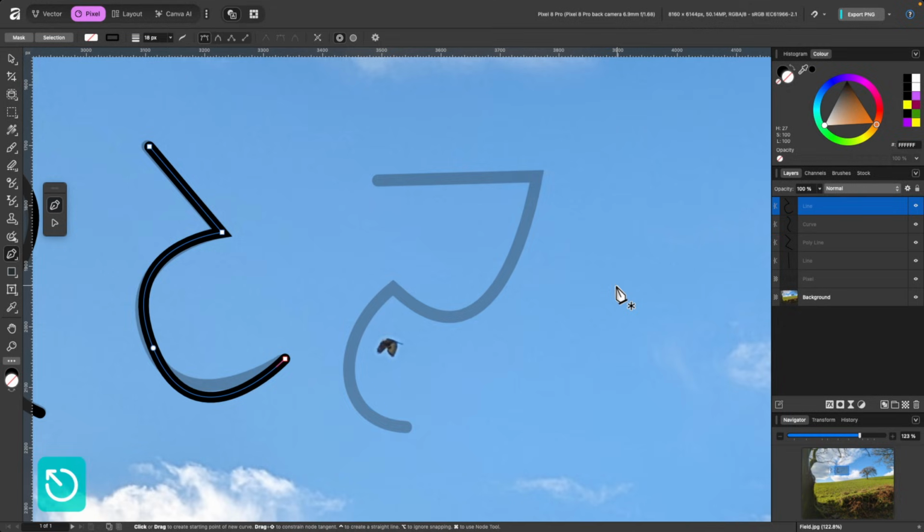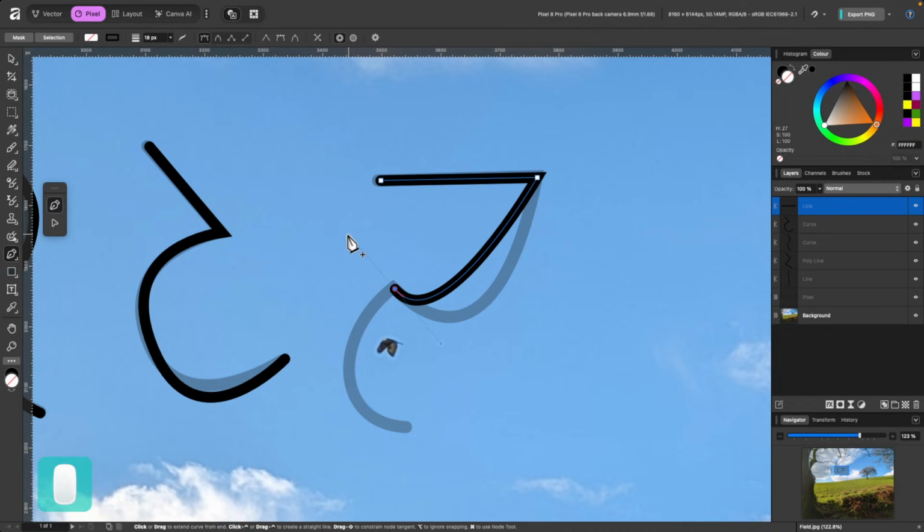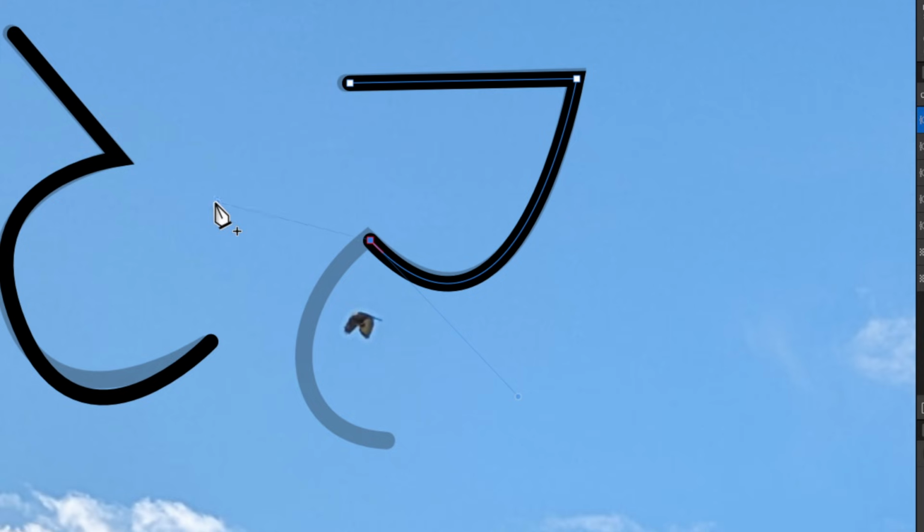I'll press Escape again because I'm going to draw a new shape. So from here, I'll just tap once there, and then from here, I'm going to click and drag out like that. And before I let go, my finger is still on the trackpad, I'm going to hold Option or Alt on the keyboard right now. And now I can drag that handle to a different area. And I'll let go. And now all I have to do is just tap once and it will follow that line of the handle. Again, it's not perfect.